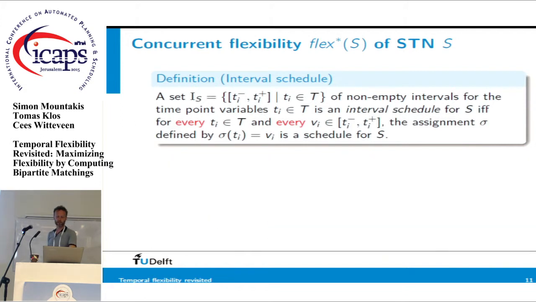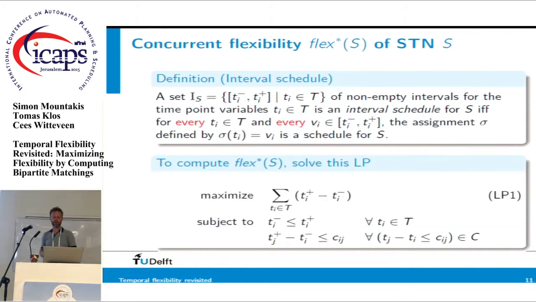And it turns out that you can compute such an interval schedule that maximizes the total flexibility of the schedule rather simply by solving this LP, where you maximize the sum of the differences, the sum of the lengths of all the intervals, and the lower bound for each interval has to be smaller than the upper bound, of course. But the last constraint is the